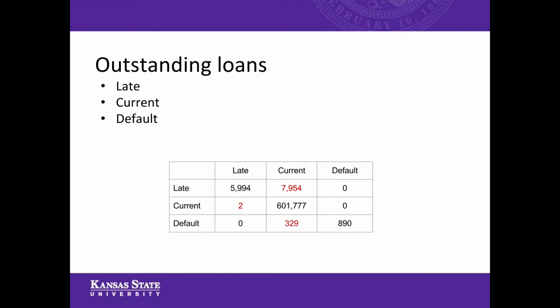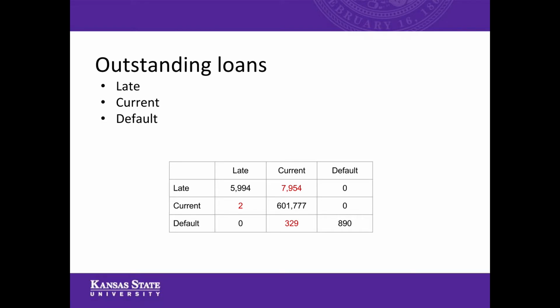But as you can see, we're still heavily imbalanced with 601,000 records that are current, and a combined total of 15,000 records that are not. And so 97.5% of that accuracy is just placing current payments in the current category. If you said every borrower was current and up to date on their payments, you'd still be more than 97% accurate. So we have to be careful with how we look at this.